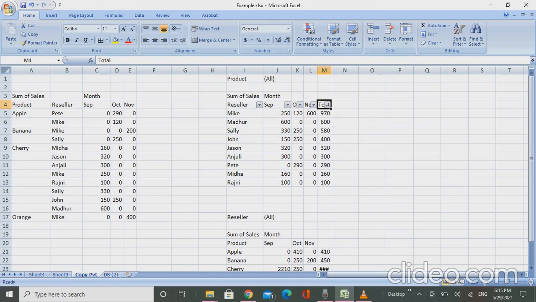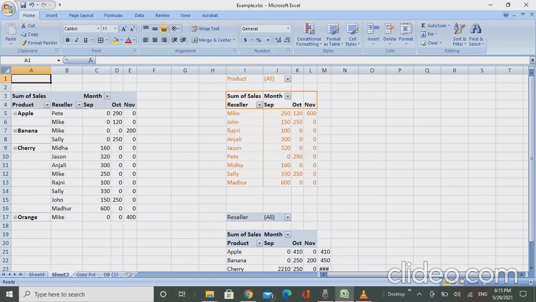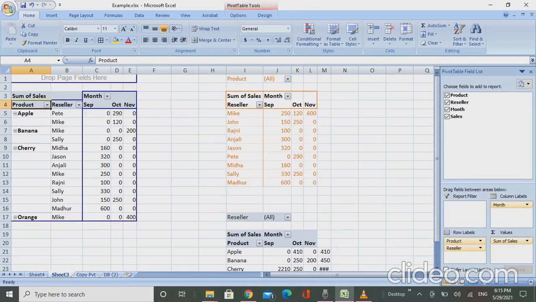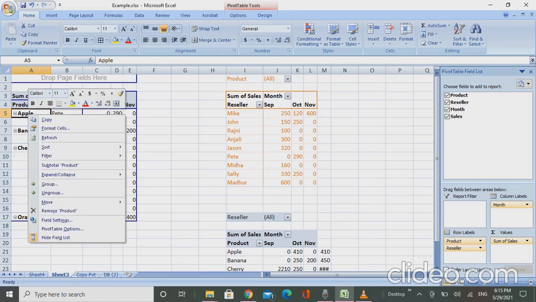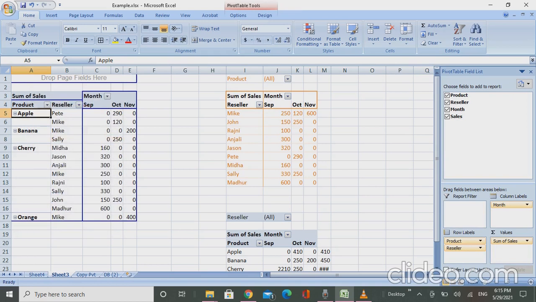Okay, so the next thing is how to refresh the pivot table. I'll go to the pivot table, and then I'll press the right key of my mouse. I'll press refresh. So this pivot is refreshed now. Okay, so one more thing you can do is, simply these are in the form of sum.